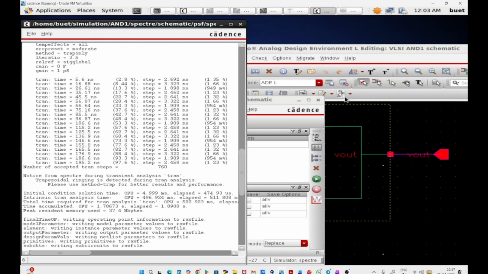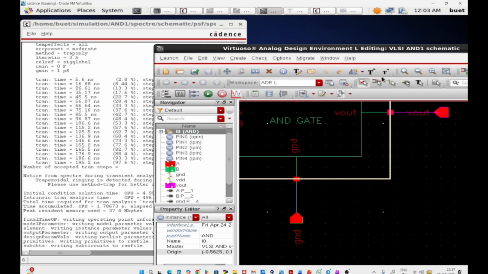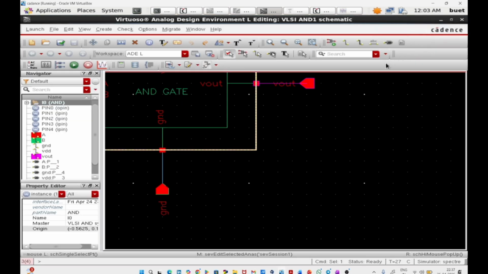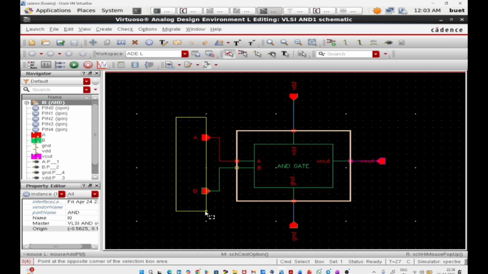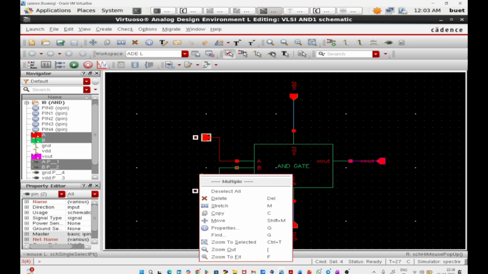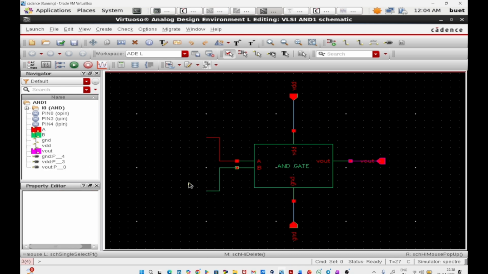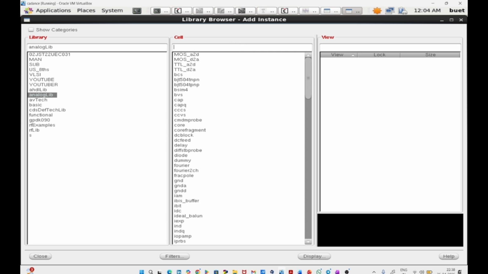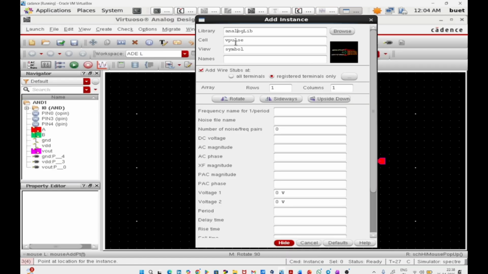Then minimize this. Then come to here. Then make it the full screen. We know that for the DC analysis we need to remove this A and B, then right click, then delete it, then click on hide, then click on browse, then click on analog lib, then type V pulse, okay, V pulse, then click on enter, then give the voltage 1 as 0 volt,